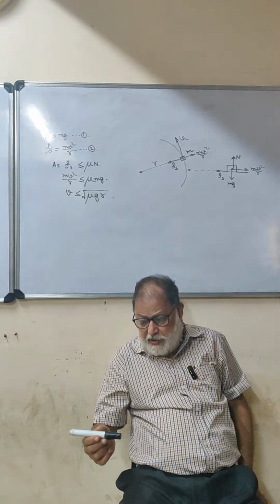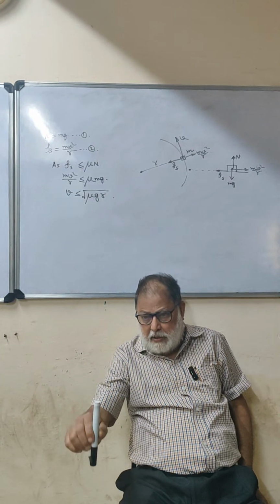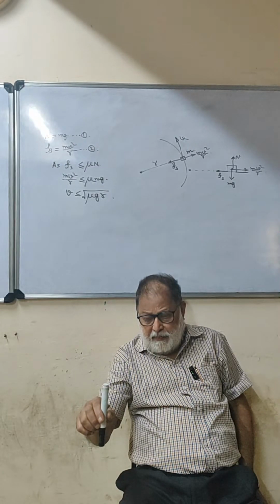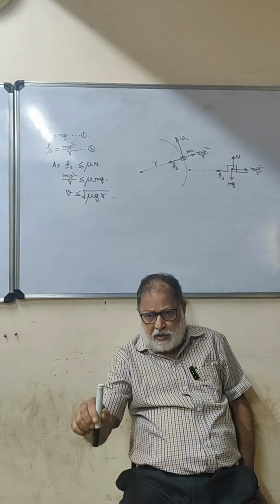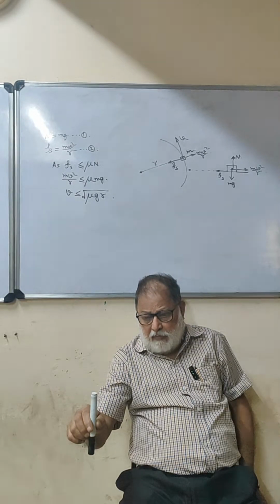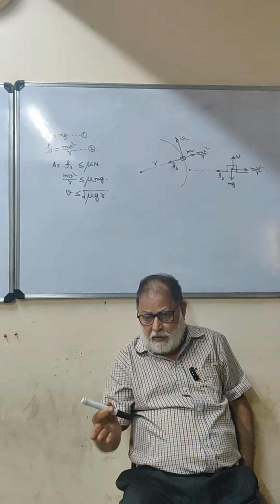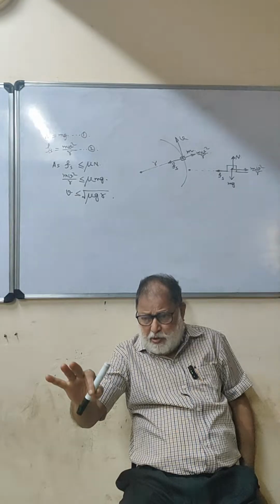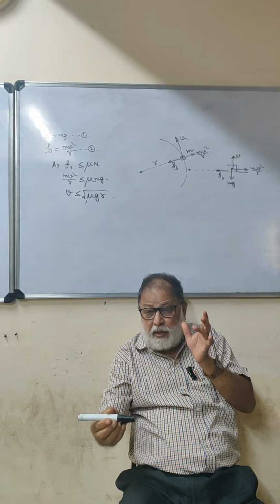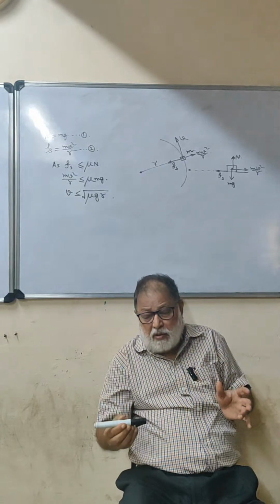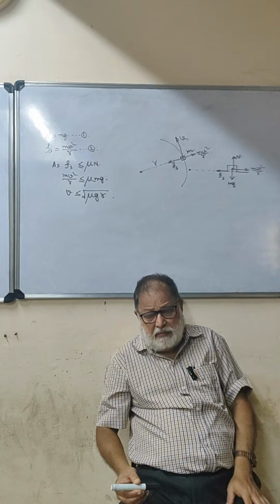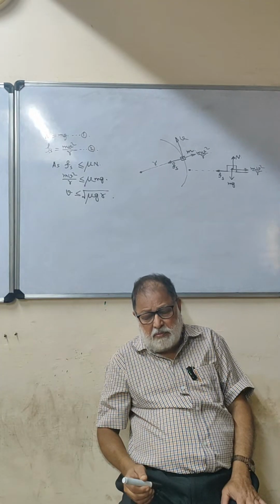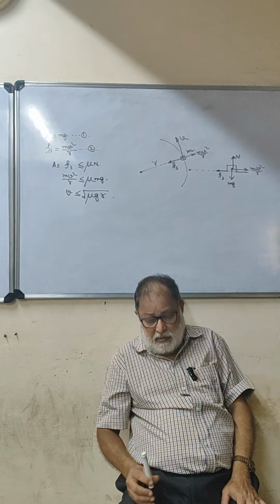না, এর আগে পর্যন্ত যখন হরাইজন্টাল রোড ছিল তখন এন আর এমজি তো ভার্টিক্যাল, আর আমার সেন্ট্রিপিটাল ফোর্স যেটা দরকার সেটা হরাইজন্টাল। ফলত এন আর এমজি এরা সাহায্য করতে পারছে না, তাদের কোনো হরাইজন্টাল কম্পোনেন্ট নেই। কিন্তু আমি যদি রাস্তাটাকে একটু ইনক্লাইন করে দিই, তাহলে এন টা বেঁকে যাবে। এমজি তো ভার্টিক্যালি থাকবে, এন টা বেঁকে যাবে। এন টা যদি বেঁকে যায়, তাহলে তার একটা হরাইজন্টাল কম্পোনেন্ট আমি আনতে পারি আমার মোশনকে হেল্প করার জন্য। তার ফলে আমি ভেলোসিটিকে বাড়াতে পারি, উল্টে না গিয়ে। এই হচ্ছে ব্যাংকিংয়ের রহস্য। একটু ছবি এঁকে আমি একটু ফার্দার ব্যাখ্যা করব, এটা দেখা যাক।